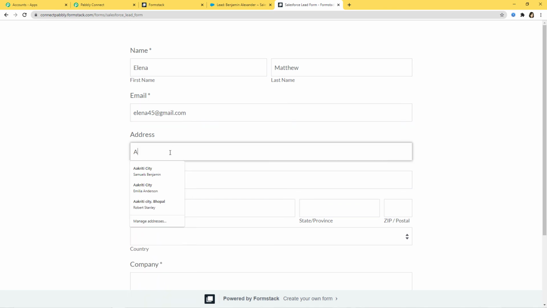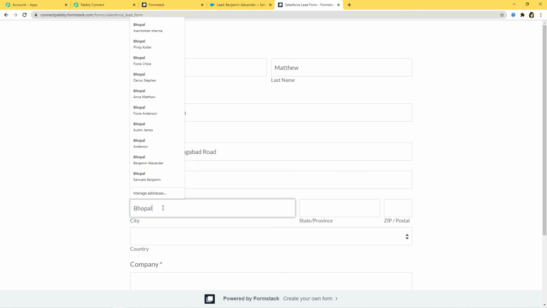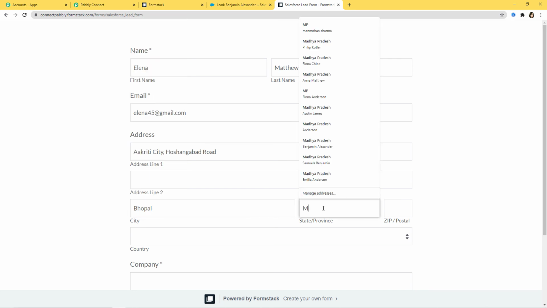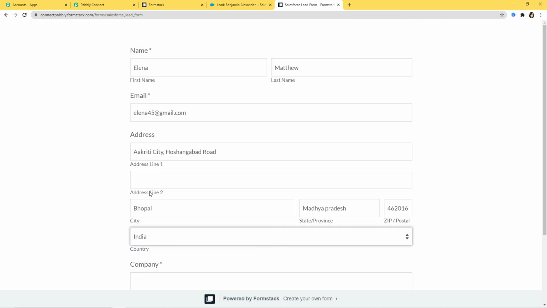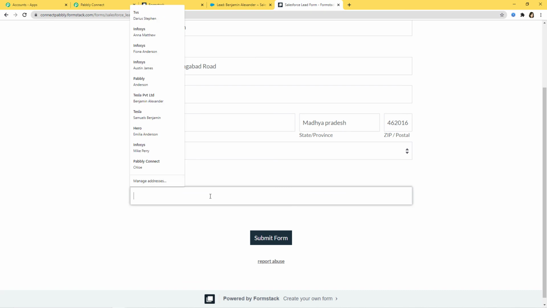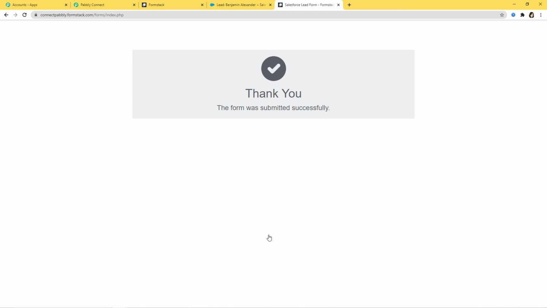Address Akriti City, Shangabad Road, City, Bhopal, Madhya Pradesh. Okay, country, company, Hero. Submit form. Okay, so we have successfully submitted one more form over here.